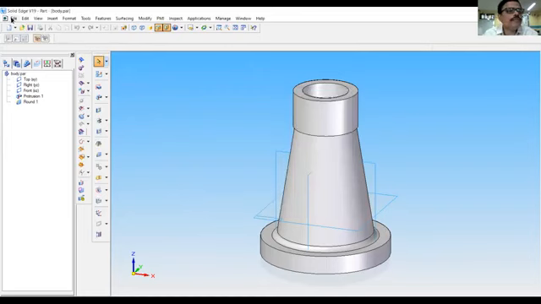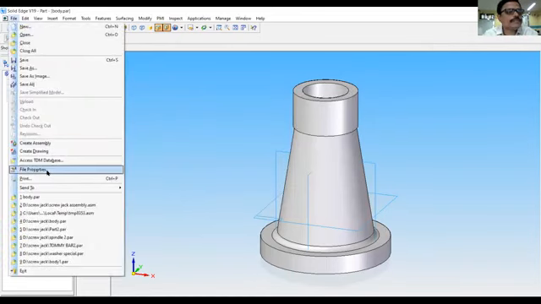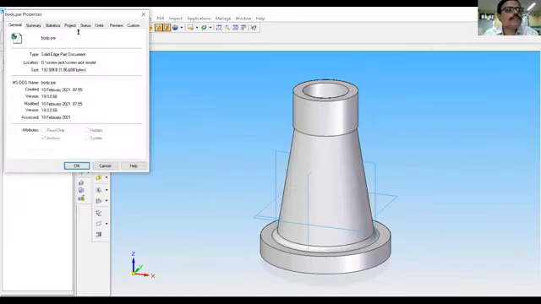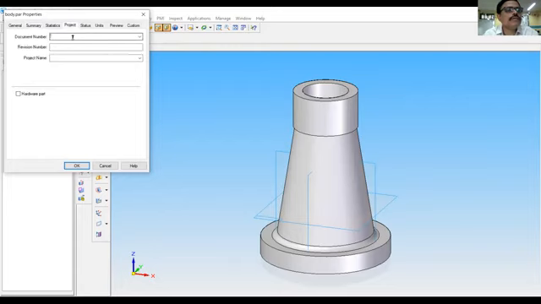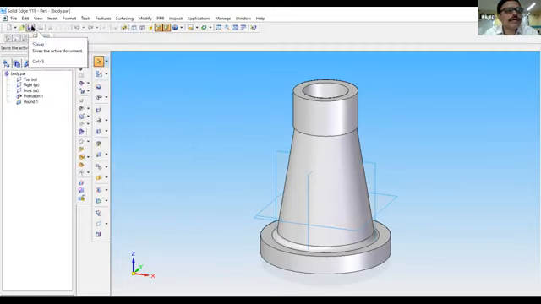Then go to file properties and give the summary. In project, document number is 1. Project name is body of the screw jack. This will help you when you create the materials table. Click on OK. So the first part is done, that is the body of the screw jack.